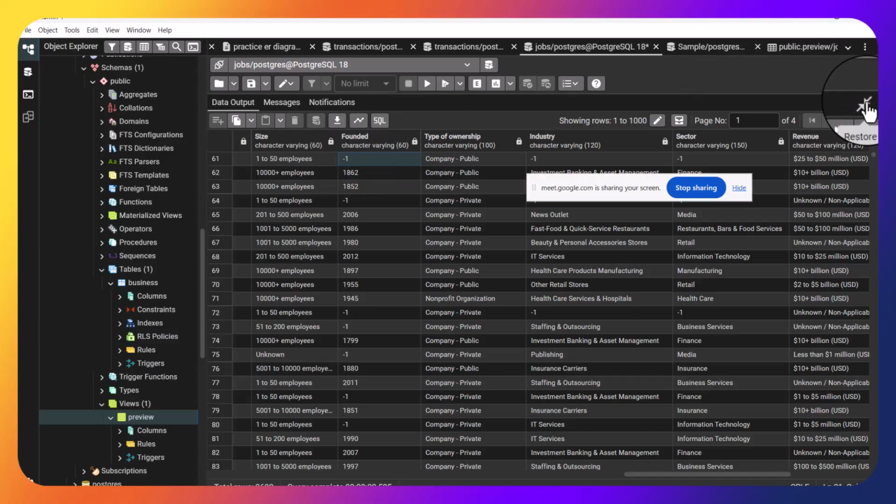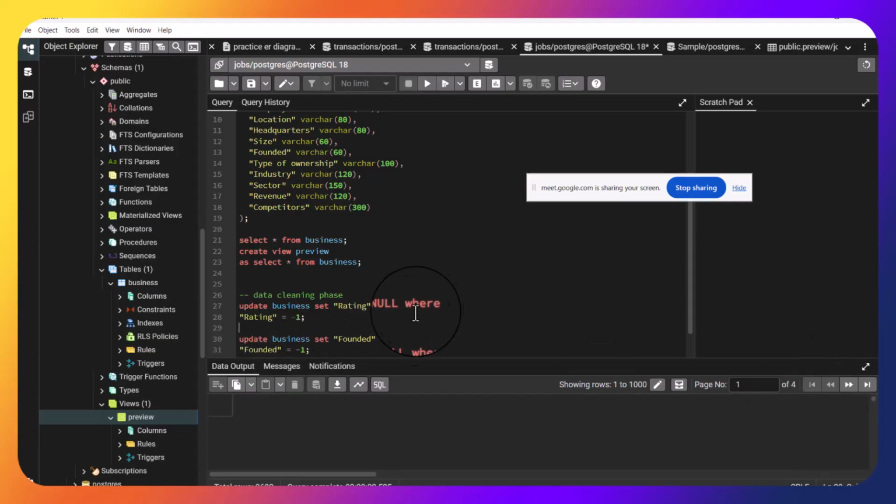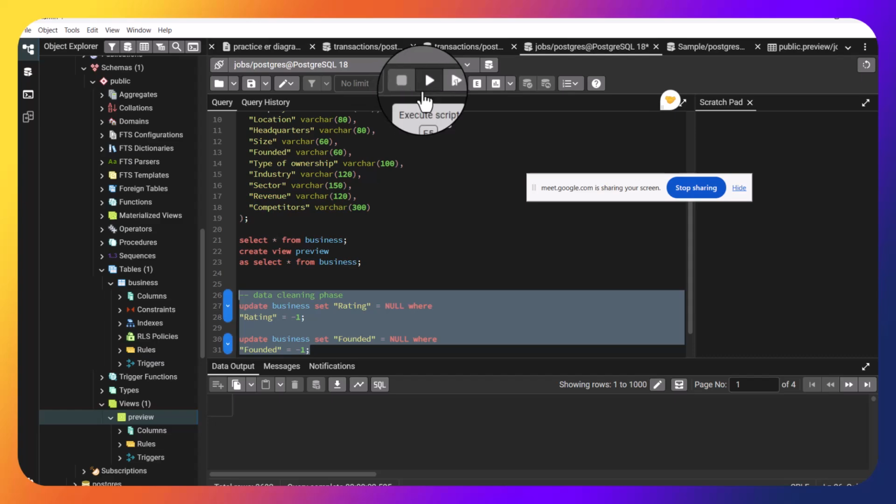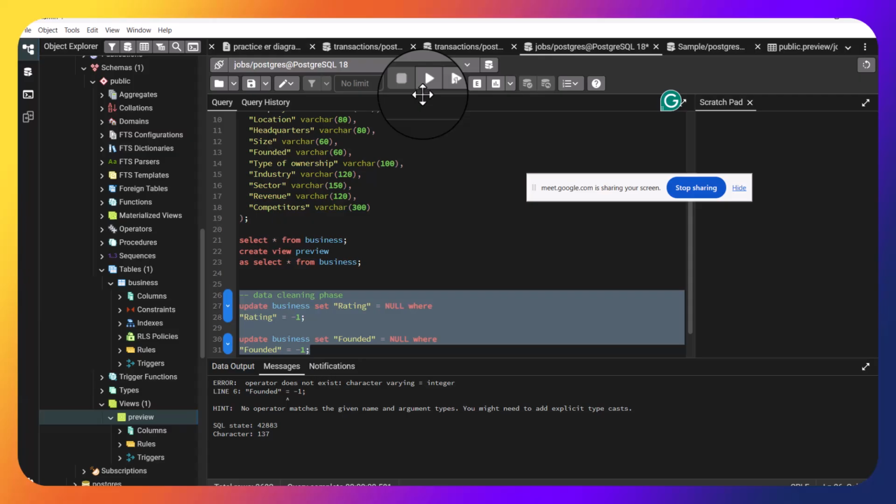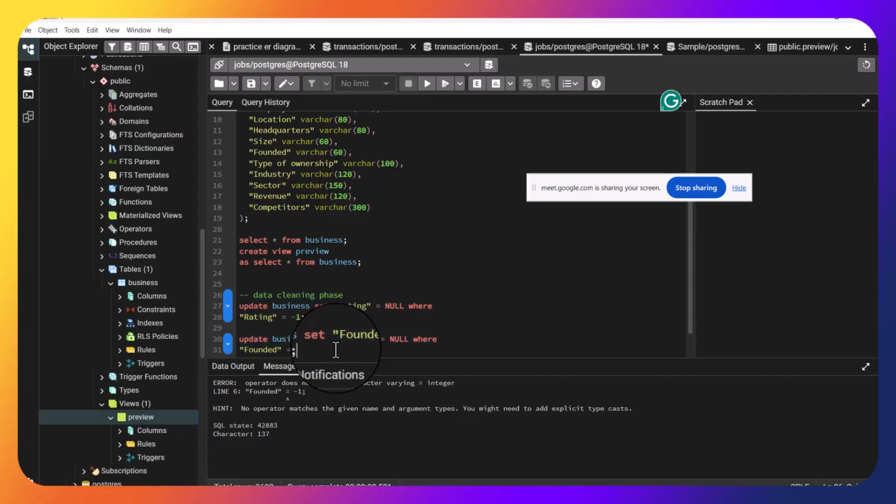All right, so basically this is why the code is not working, because founded is basically a varchar and not an integer. So I'm supposed to do